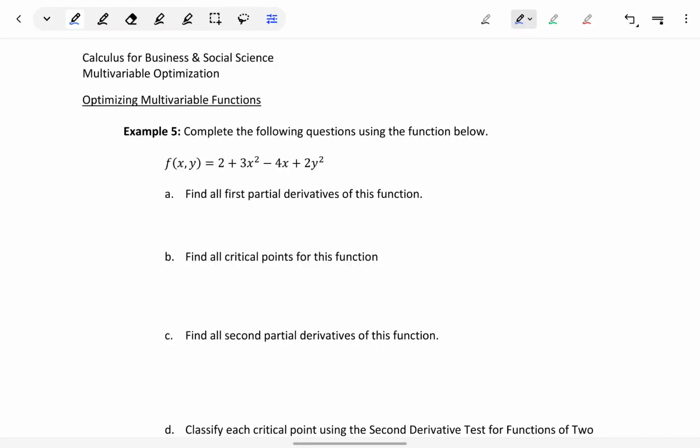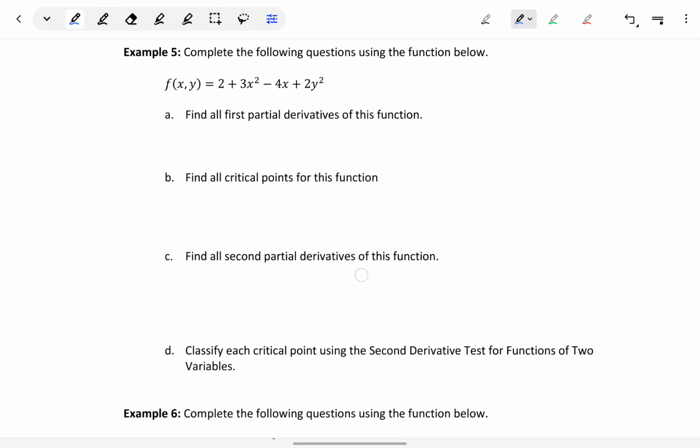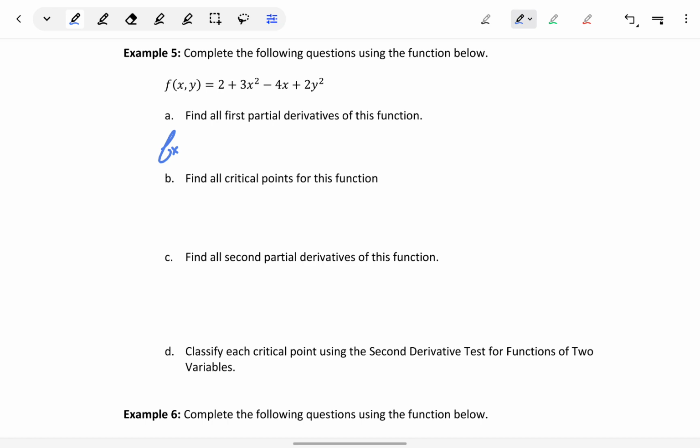In the next several examples, we want to take a look at this process for optimizing a multivariable function from beginning to end, finding all the appropriate derivative functions, evaluating those, and then testing each point using that second derivative test. In example 5, we'll start off by finding f sub x and f sub y, the two first